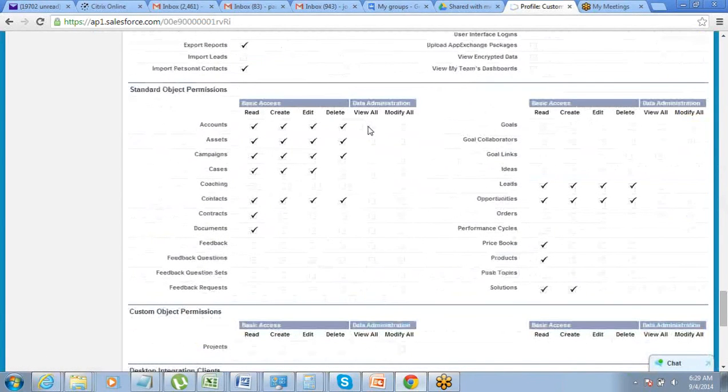Do you see this view all, modify all access against every object?